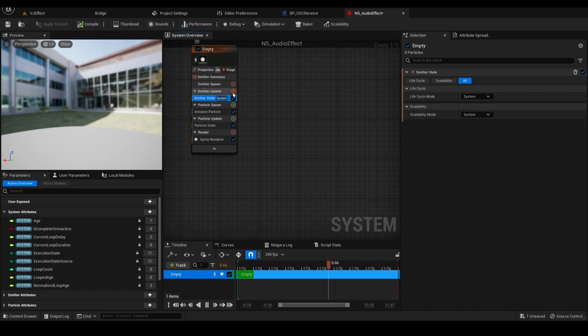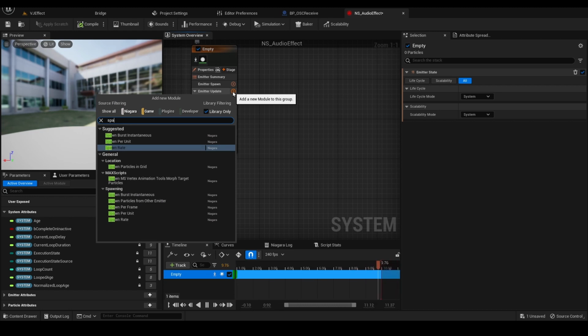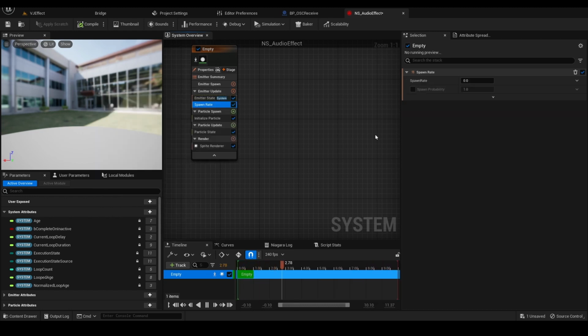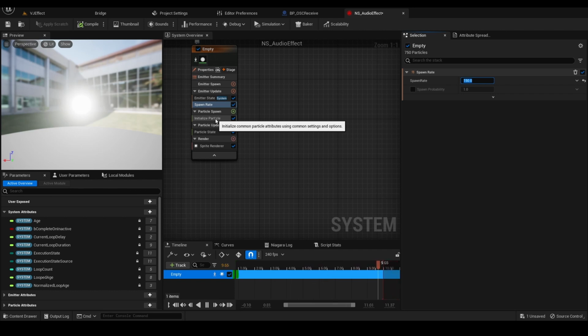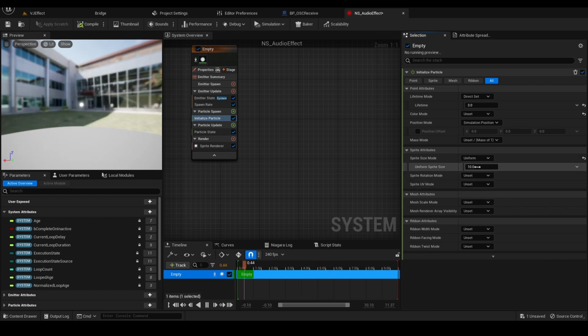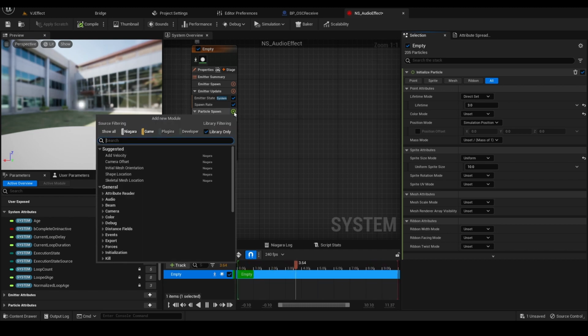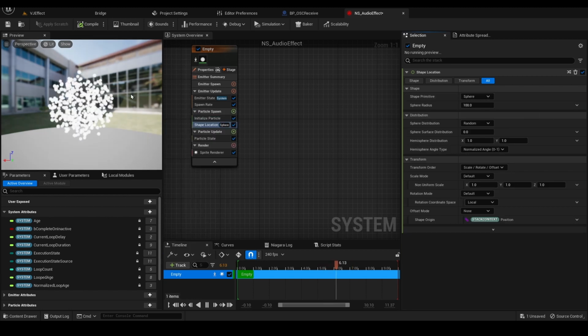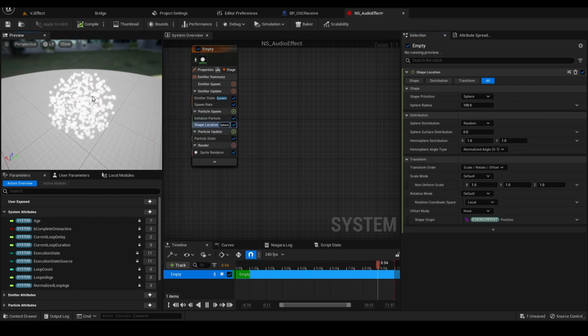Okay, first of all, I'm gonna add the spawn rate on the emitter update. The spawn rate is 150, so I can spawn the particle. And the lifetime is 3 in the initial particles, and then the size is uniform, and the size is 10. It's okay. Okay, next in the particle spawn, I'm gonna add the shape location, and so shape location decides